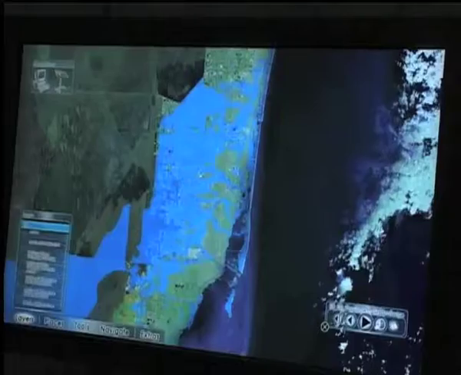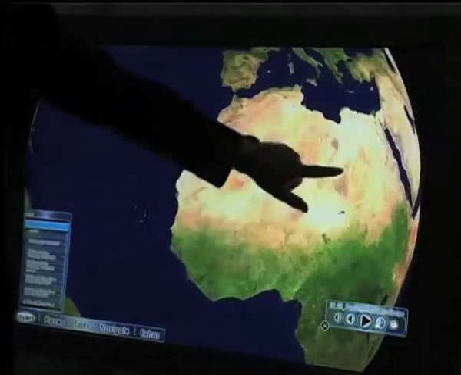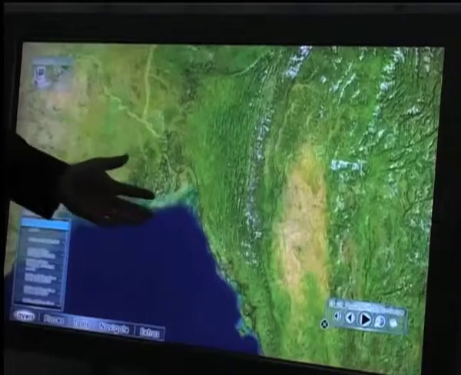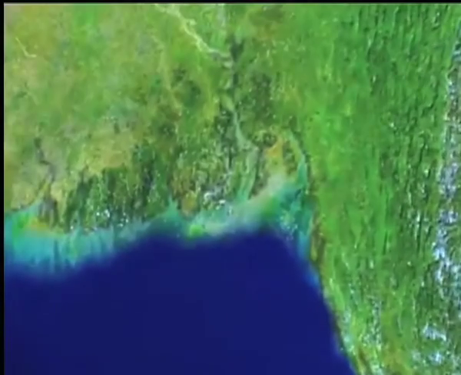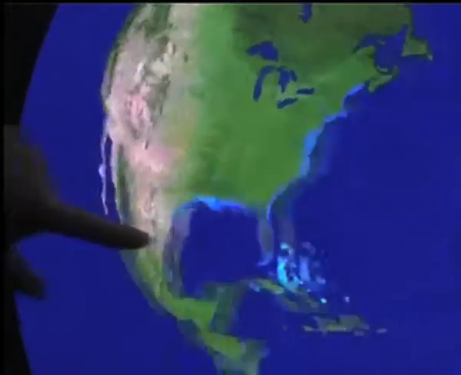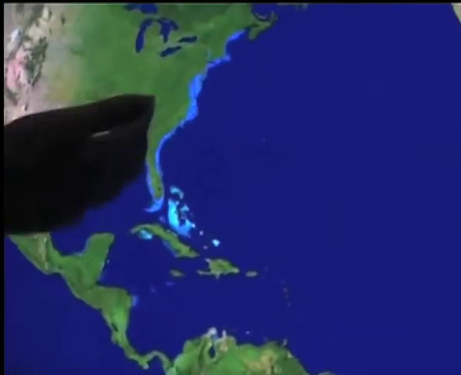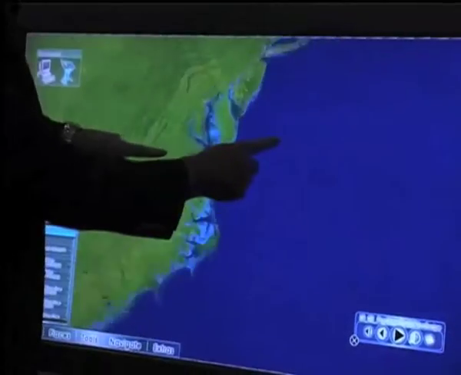So when you think of sea level rise right now, you look at places all around the world. Bangladesh, 1 meter sea level rise, you'll displace 25 million people. So this is all very, very important to understand what the impacts are of sea level rise. Africa, South America, we have it. You can see the blue outline. Now, what if we went into